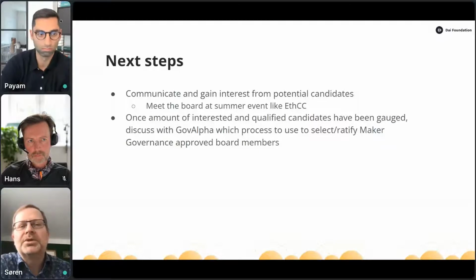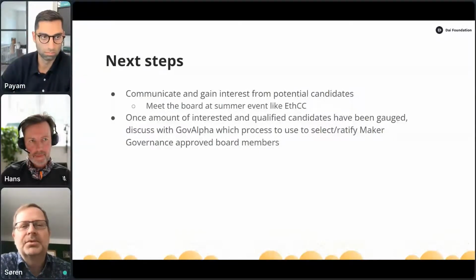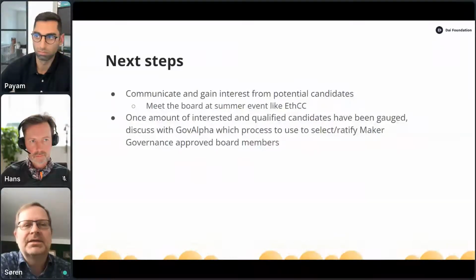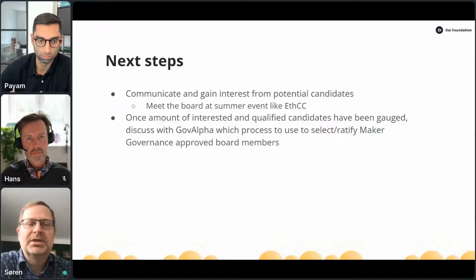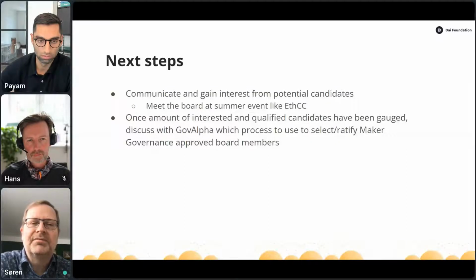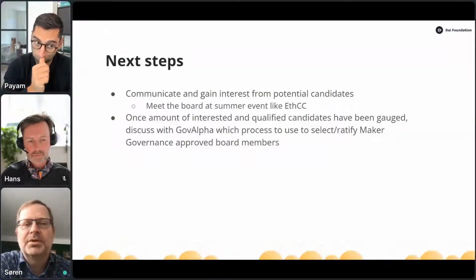So what are we doing next to extend the board? We certainly want to continue talking about what it takes and gain some interest, and we also hope we can have more interest from having the board out there at events to meet people. We are planning and hoping to have several people from the board come to Paris for the ECC